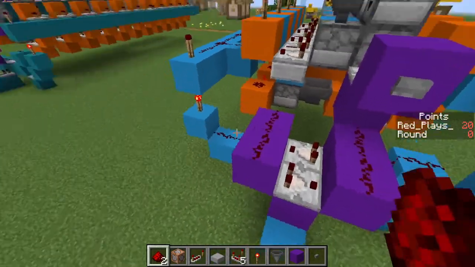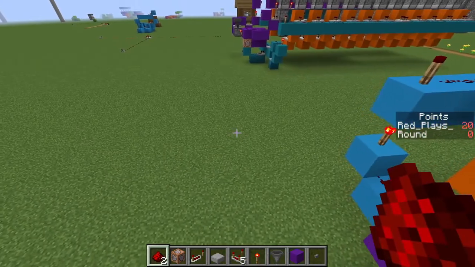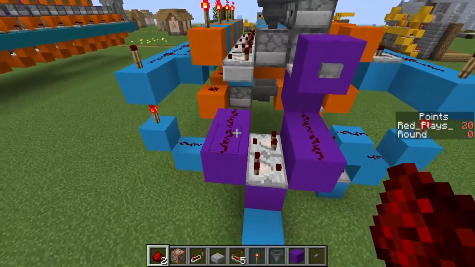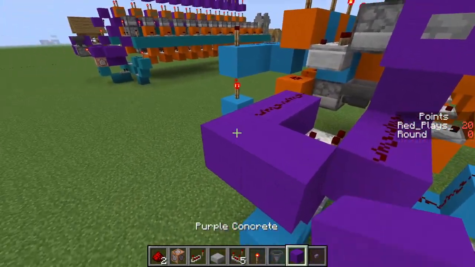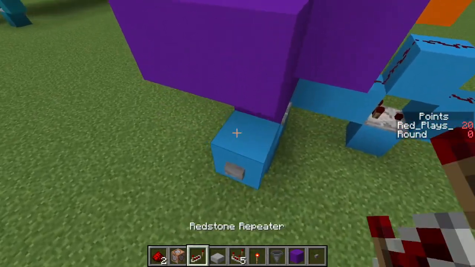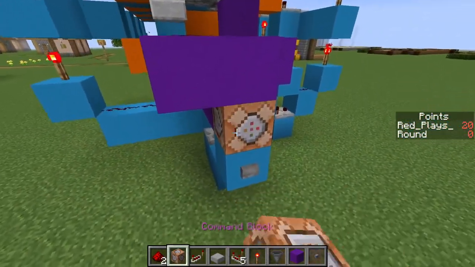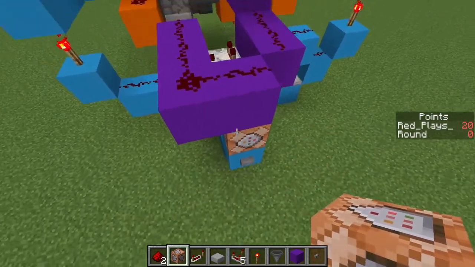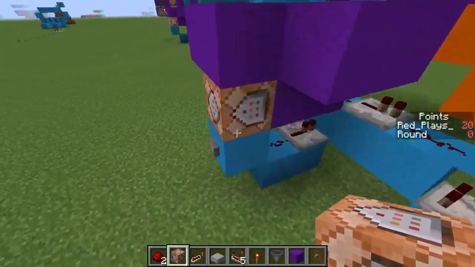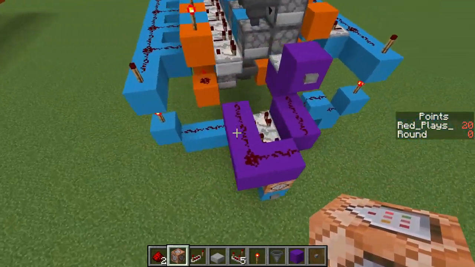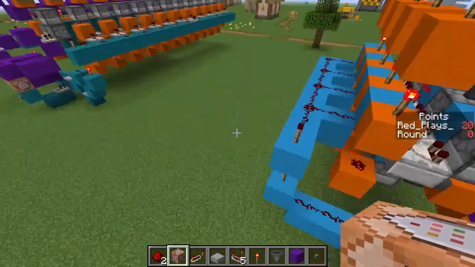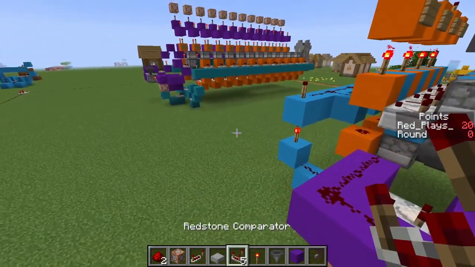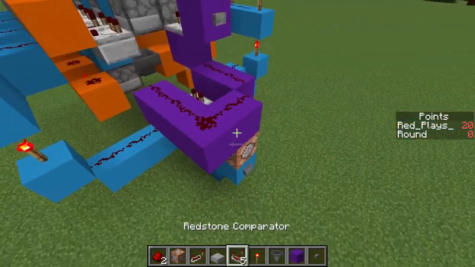And you're going to want to place redstone like this on top of these blocks. And then you're going to kind of want to bring it out into this pattern, just so, okay, we're going to put a command block right here so it activates these two command blocks at the same time. All right, now that we have this set up, you're going to want to put a torch on the